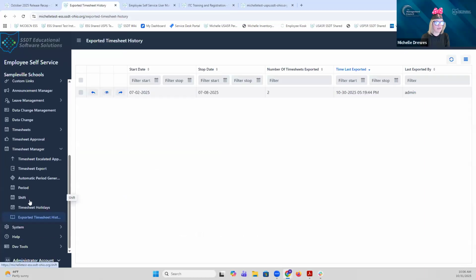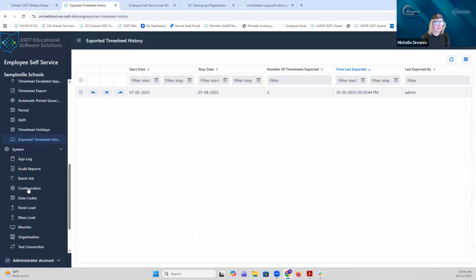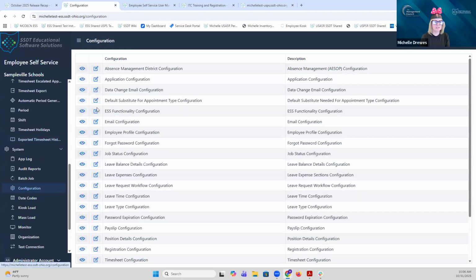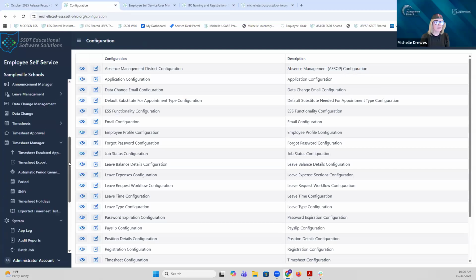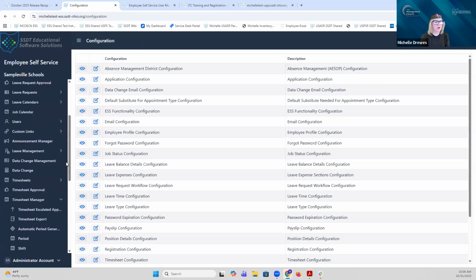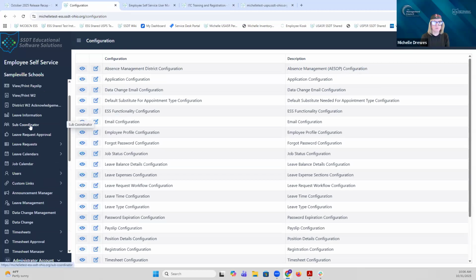So I'll go over to that underneath system, configuration, and the ESS functionality. And it is the substitute needed option. So when I go in and disable this, then what's going to happen is it will no longer show the sub coordinator option on the menu. So that will disappear. And also when creating a leave request form, that sub needed field that's showing on there,